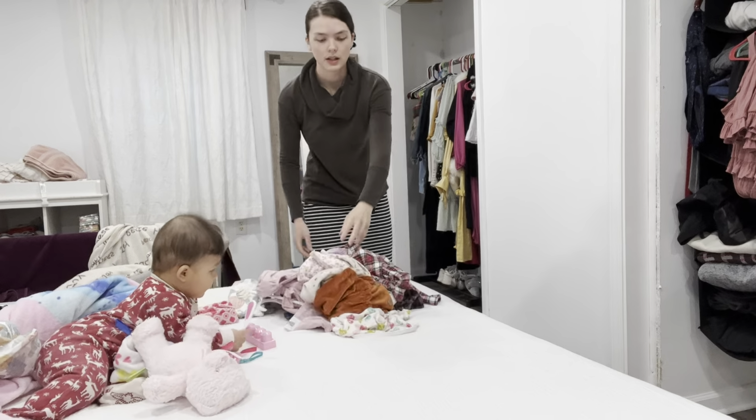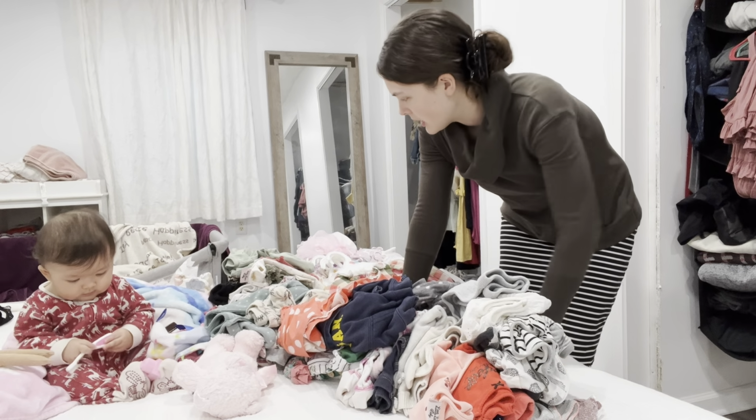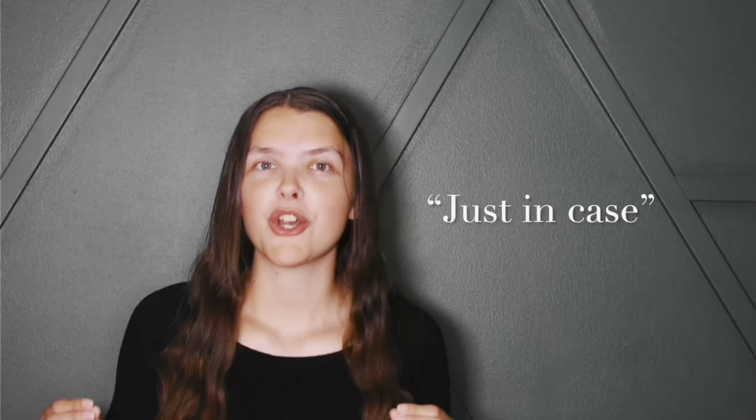This is perfect for people that are actually moving, but this is also great for anybody to be confronted face to face with all of your stuff and all of your clutter, to realize actually how much you really have. Sometimes the largest category item that we have in our home is the just in case items. So by packing all of these things away, you will only be pulling out what you need, what's essential to you. When you have all of the just in case items packed away and you realize that you never even pulled it out, you realize that you actually don't need them,